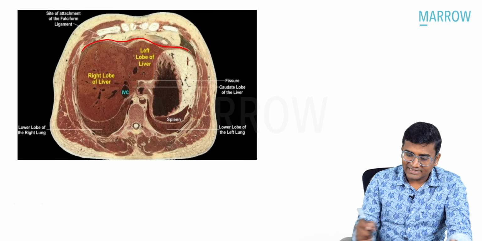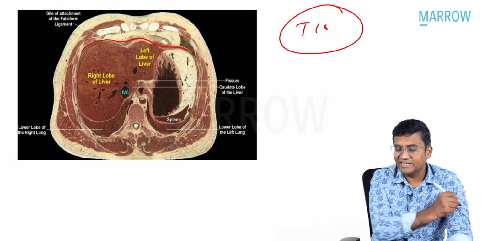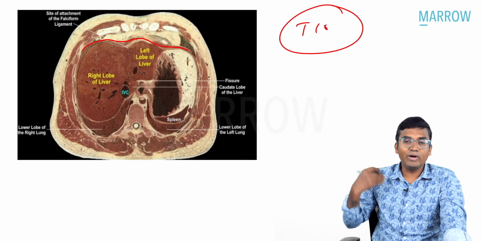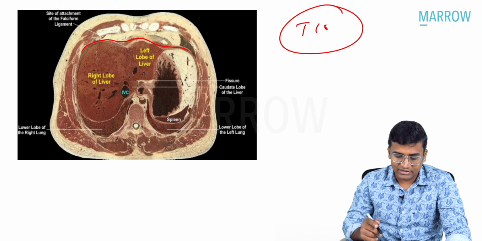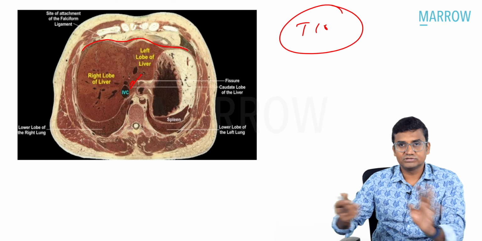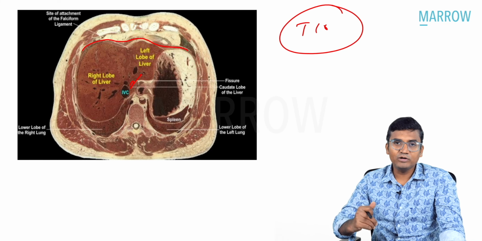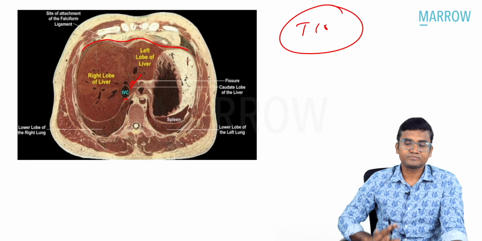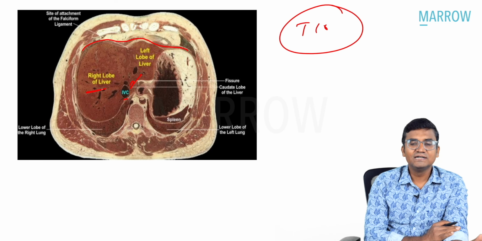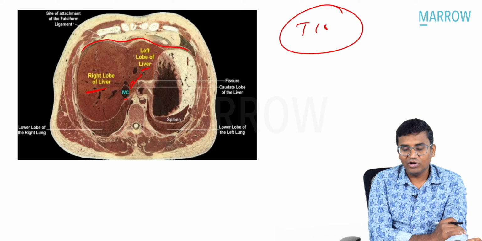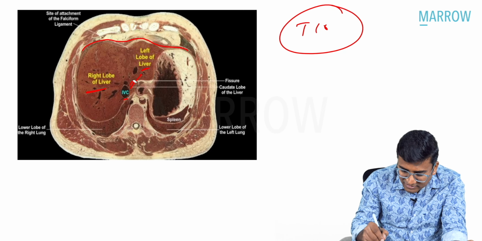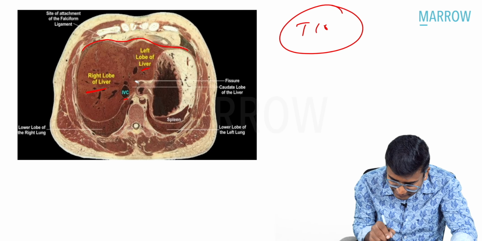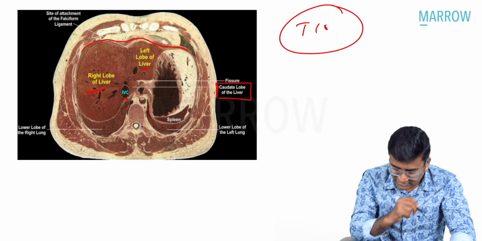When you take a section at the level of T10, in this image of T10, the hepatic veins go inside the substance of the liver. They are not very close as in T9. So hepatic veins, they go into the substance of the liver. You see only IVC here. Again, a large right lobe and small left lobe. Now just on the left side of the IVC, you see a small part, that is the caudate lobe